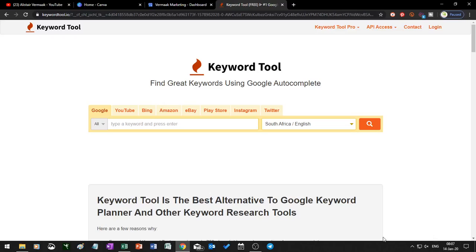Hey there, today what I want to do is look at keyword research, because whenever you're starting a store, the first thing you need to think about is what are you going to market. Once you've decided what you're going to market, you need to go and look if there's a demand for what you want to sell. Once you've determined that, you then need to find out what keywords people are typing in